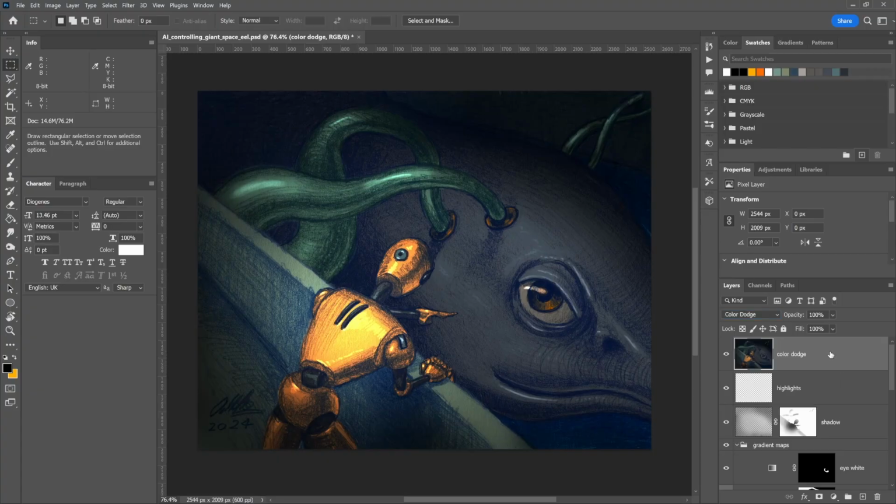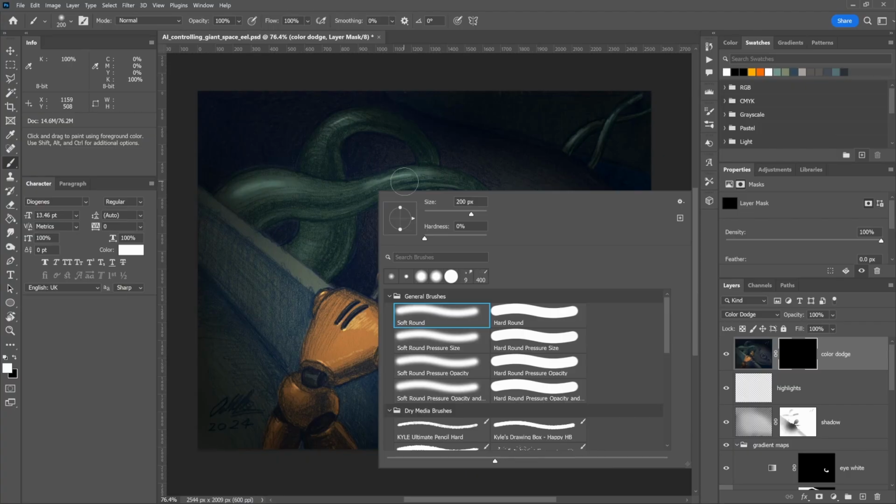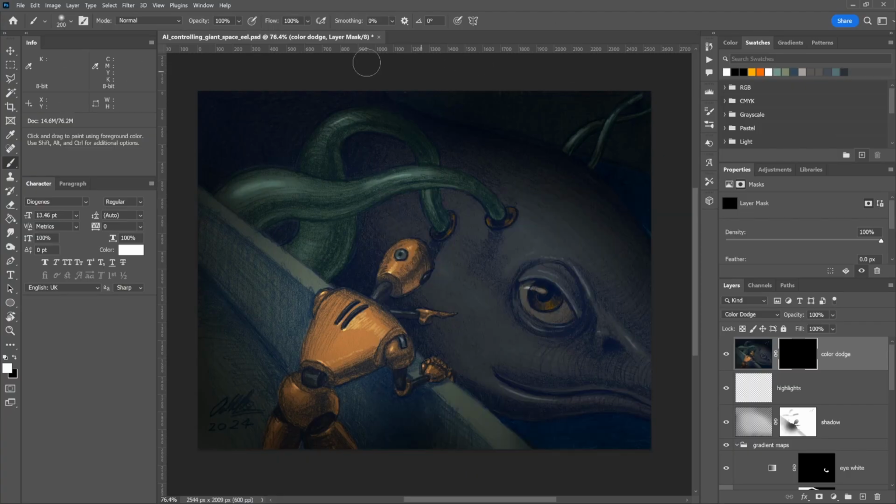It really makes everything pop. So I've given it a layer mask, inverted the layer mask with Control I, because I want to control where that pop happens. Don't want it to happen on the edges of the image, because I'm mindful of where I want the viewer's eye to go. So I'm going to get a nice big soft brush, and this is a fun part of the process. This is just like adding the gravy at the end. There we go, just literally a one click there,